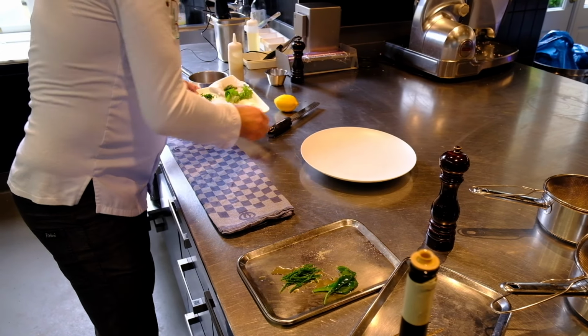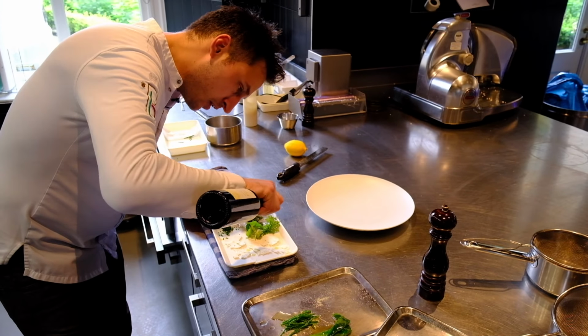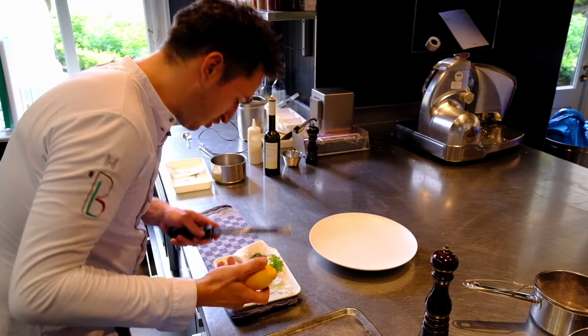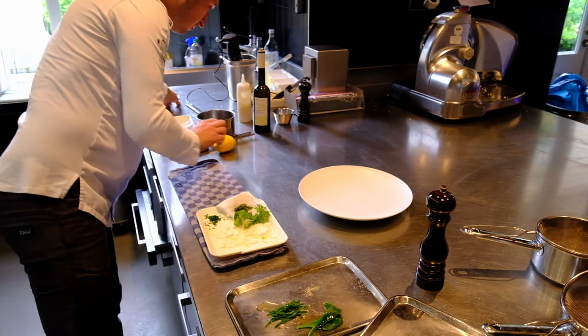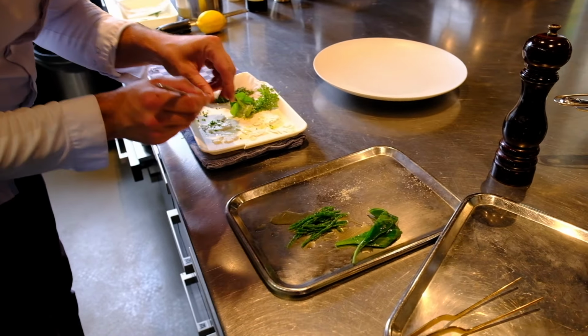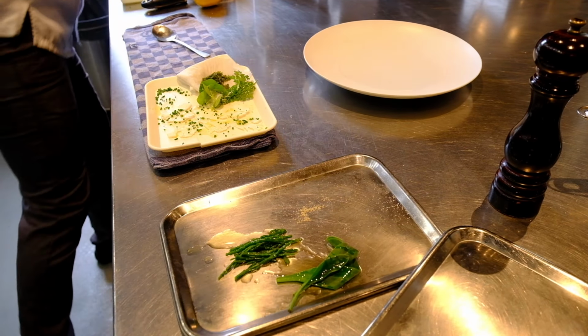Over here we have some slices of cauliflower. I will marinate it with olive oil, some zest of lemon, some chopped chives and parsley. Little bit of salt,